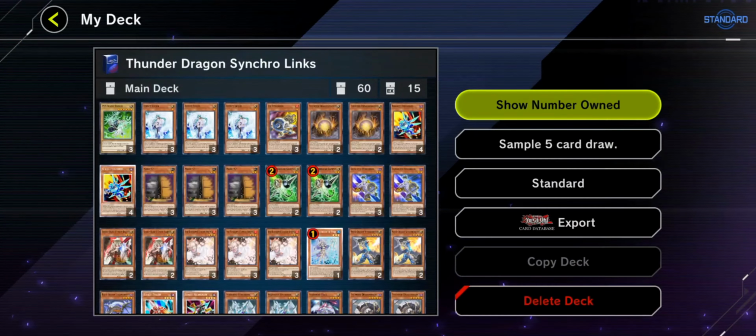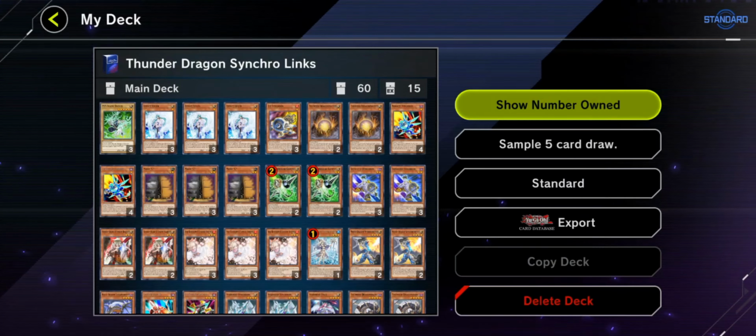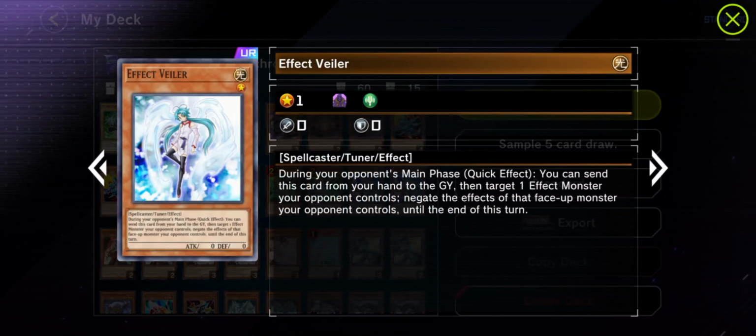And I want to break down the deck list card by card for you guys. I haven't done that yet. I think that should be pretty interesting. So I'm going to start in the top left. We have the driver, side frame driver, 3 Veilers,